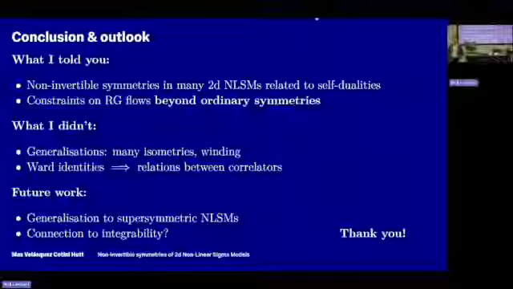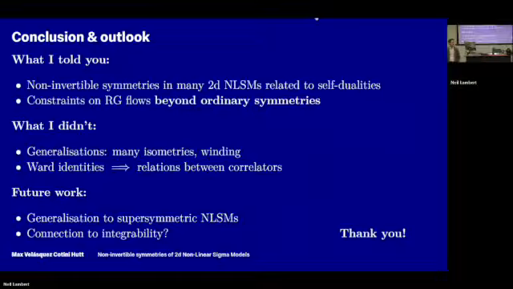And if you do a gauged linear model rather than a non-linear sigma model, do you see the non-invertible even in the UV with the gauge theory? Yeah, I think everything we're doing here is in the UV, really. This is just manipulation of the Lagrangian, and I would say yes. I think so. This could be useful for mirror symmetry. Yes, we thought about that. Maybe we should discuss afterwards.